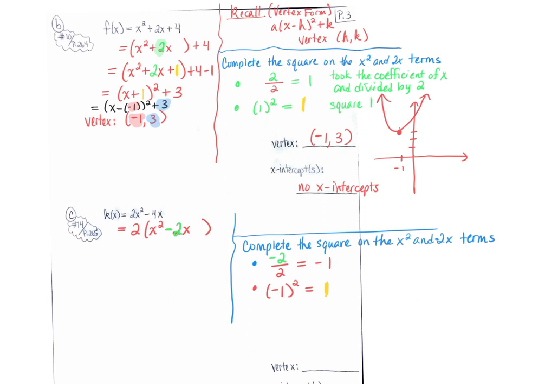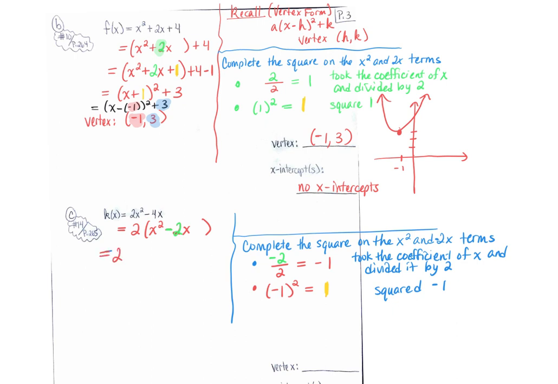So just to write out, we took the coefficient of x and divided it by 2. We got -1. And then we squared -1 and we got 1. So that means here